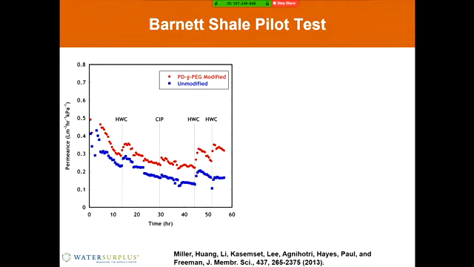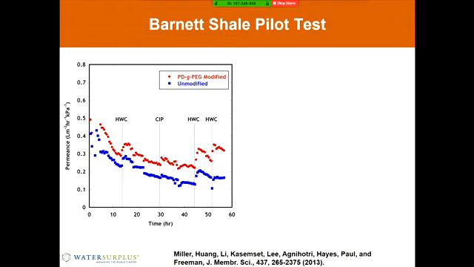And so what we observed is that the unmodified membranes showed a permeance that decreased with time. And then there are hot water cleans, or so-called CIP cleaning steps, that are aimed at increasing the flux once the membranes had gotten very dirty. And so you see this typical trend where the flux or permeance goes down, and you recover some of it in cleaning, it goes down again, but the overall trend is downward.